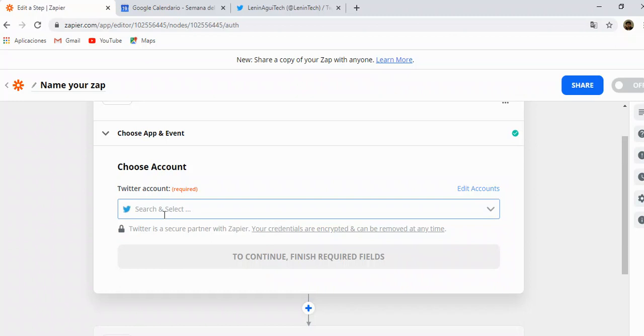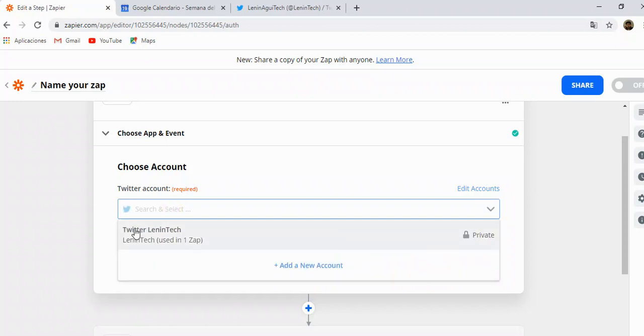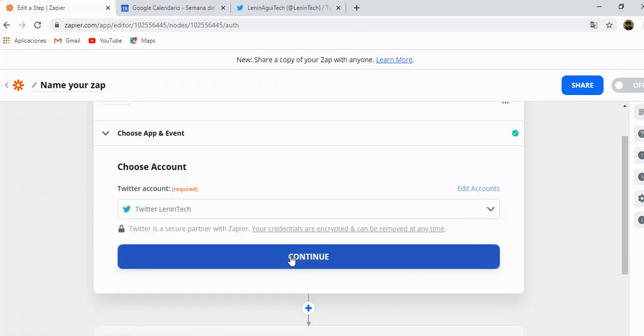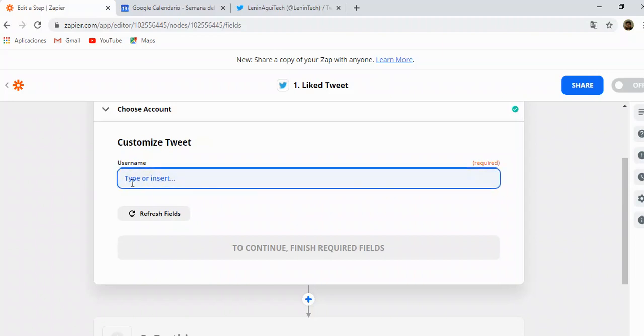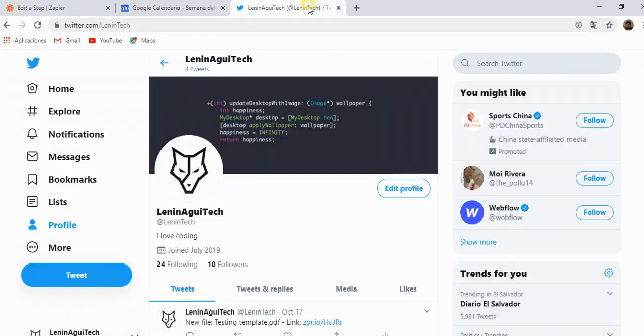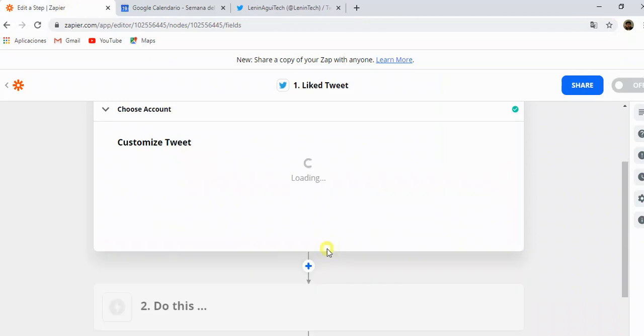Okay, now it says Twitter account, so we're gonna connect the Twitter account we already have. So let's see here, then continue. Okay, now I need to type the username of the account that I want to trigger whenever there is a like. So I will use mine. It's Lenin Tech, so I will use the one for the @ sign, Lenin Tech. Now let's click on continue